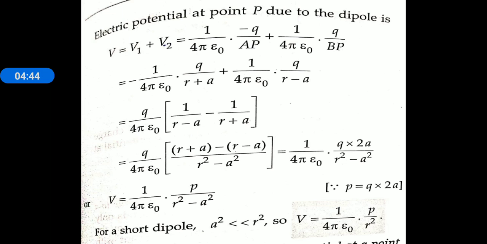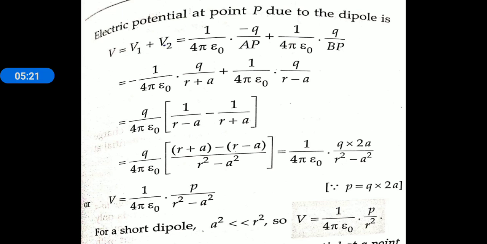Here you have to keep in mind that since we are calculating the potential, and potential is a scalar quantity, we put the value of charge q with its sign. The same thing when we calculate the electric field: since the electric field is a vector quantity, there we do not put the value of the charge with sign. Here we simply put the magnitude, and then the negative sign or the positive sign tells us the direction of the electric field.